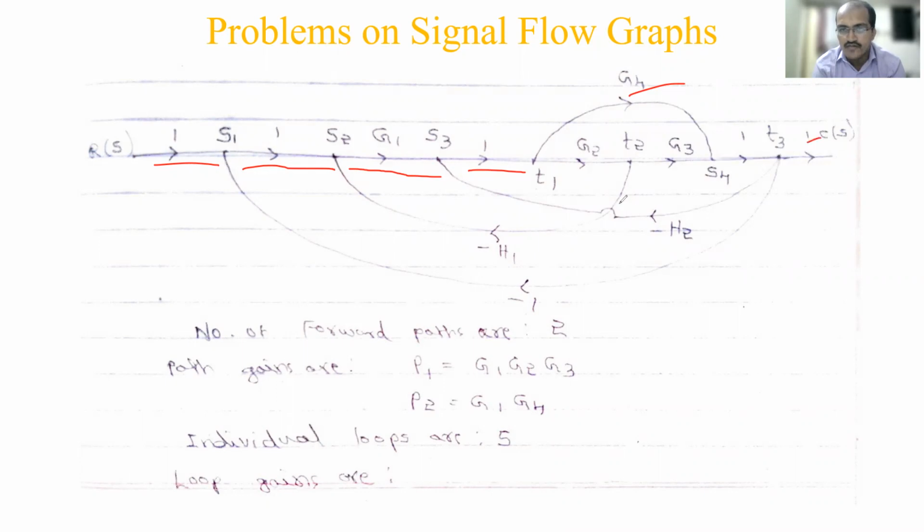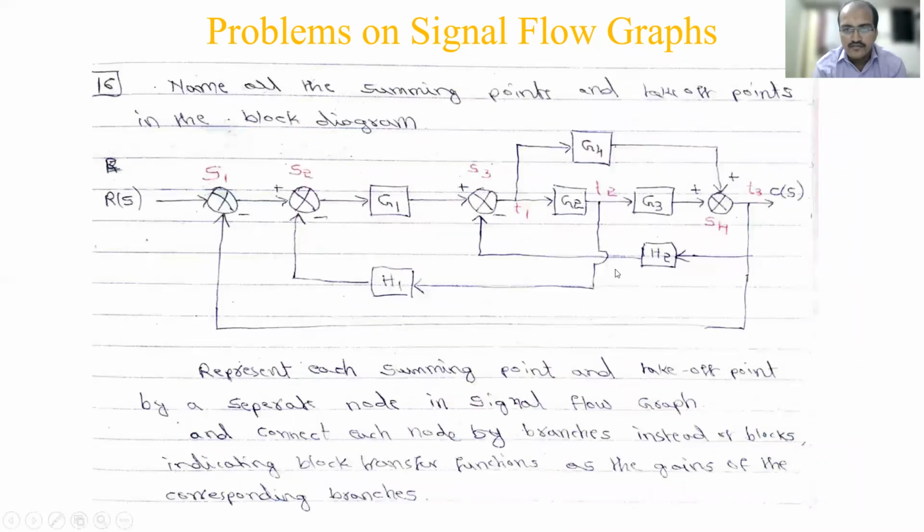Now the feedback path. So from where it is going, very simple, no? H1 is going from T2 to S2. So show that path with minus H1. Why is it minus? This is one interesting thing. Earlier also we have studied this in block diagram reduction. Here H1 is there, but a minus sign is there. In case a plus sign is there, you should have written directly plus H1. Since the minus symbol is there, it will be minus 1 into H1, right? We know how we have to equate it to remove the summing points. So that's why minus H1 will come and minus H2 will come.